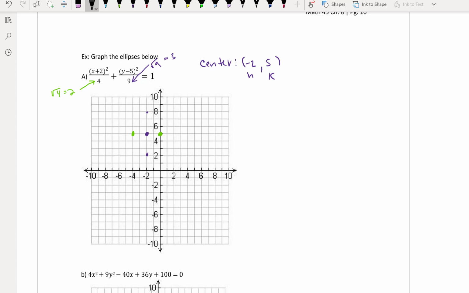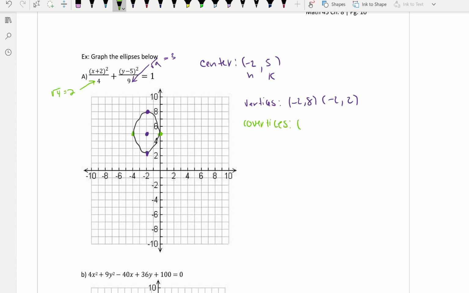So now I have the shape of my ellipse. Okay, so I can definitely see that it's longer along the y-axis. So I'm going to say that my vertices are going to be here and here. So that vertex is (-2, 8), and I have a (-2, 2) for my vertices. Now I can tell you about my co-vertices